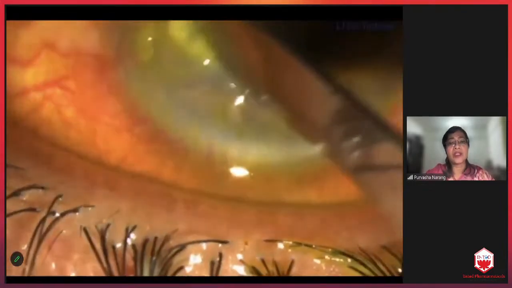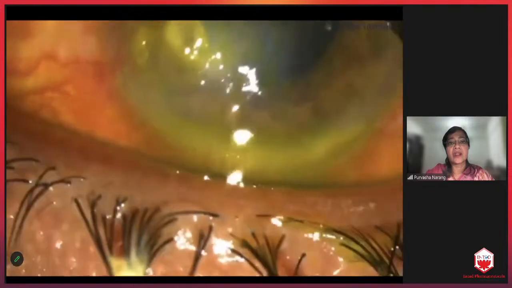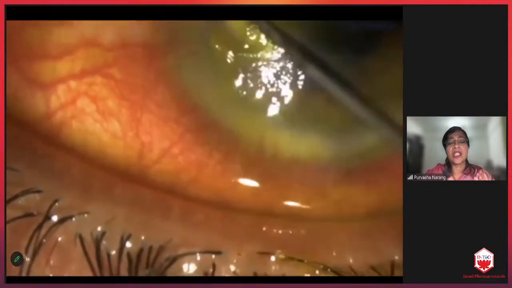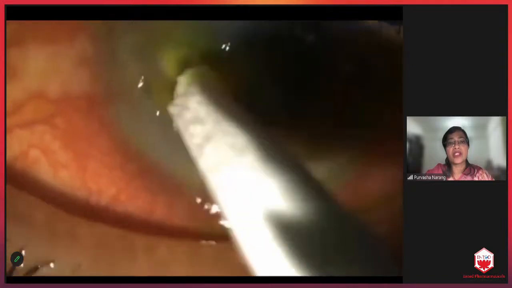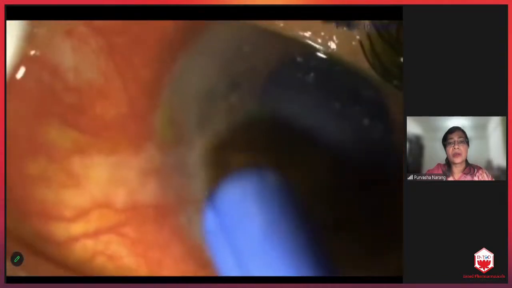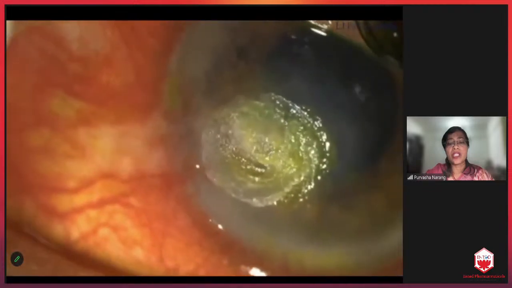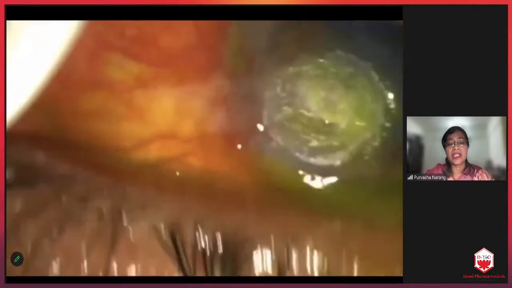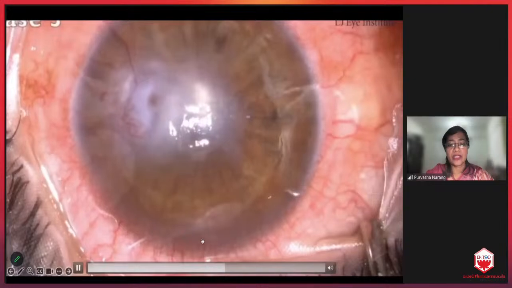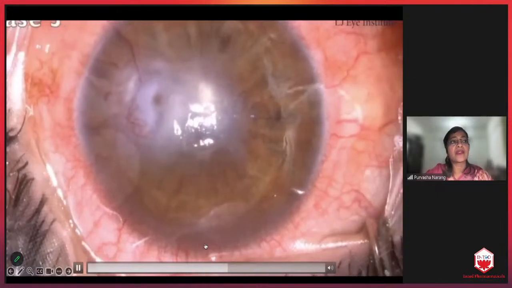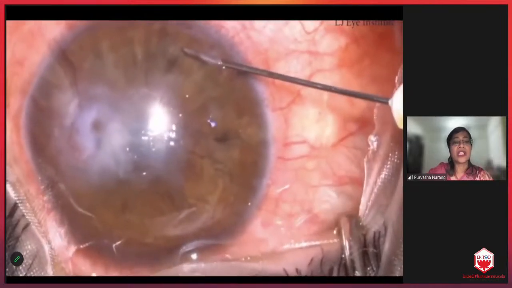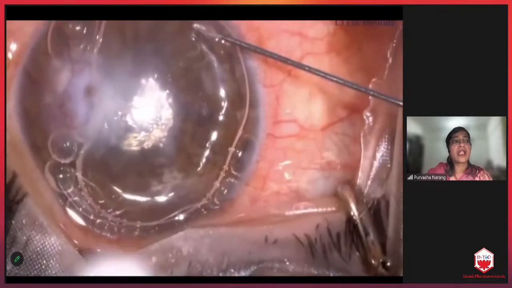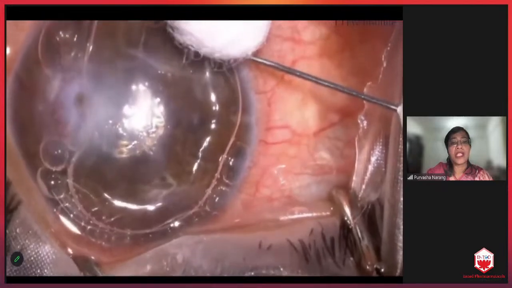This is another case of a peripheral corneal melt where the perforation is there. And here again, the debridement is done, and the tissue adhesive is placed such that the limbus is not touched, and just in the area where the tissue is applied, there's a thin layer of tissue adhesive. Sometimes there is also a case where there might be continuous leakage of aqueous, and there you need to take the patient to the OR, and the AC might be flat.